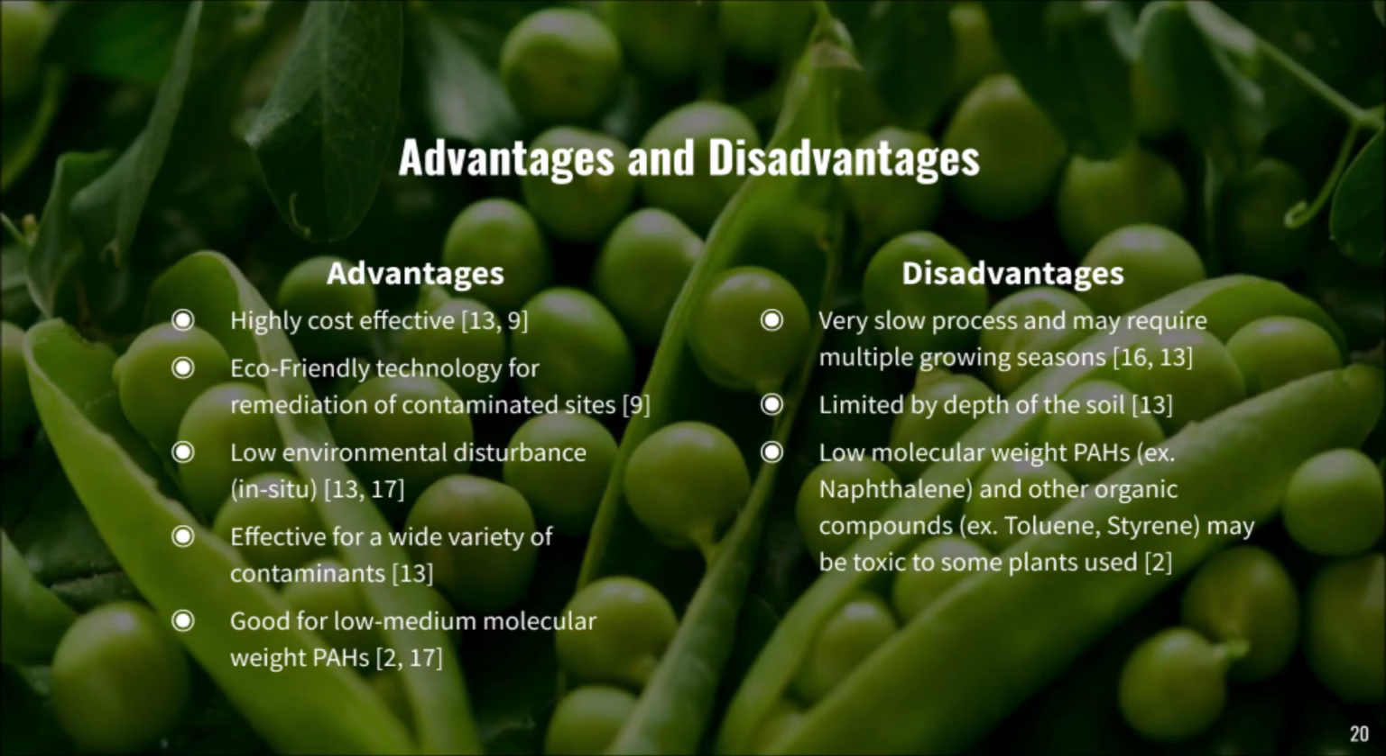One of the good things about phytoremediation is that it is cost-effective, eco-friendly, and non-invasive. It is also effective for a wide variety of contaminants with low to medium molecular weights. On the downside, phytoremediation can be a slow process and it might require multiple growing seasons. It is limited by the depth of the soil, and it should also be noted that low molecular PAHs, such as naphthalene, and other organic compounds like toluene, might be toxic to some plant species used, and therefore selection of the plants used in phytoremediation